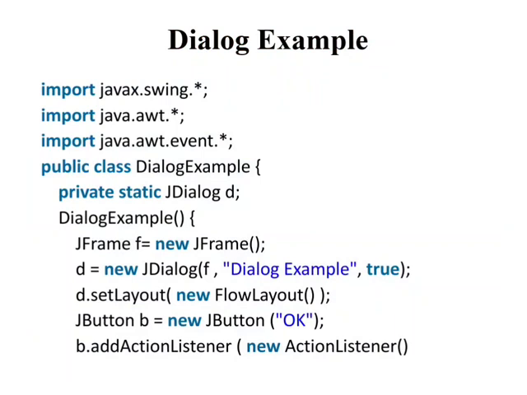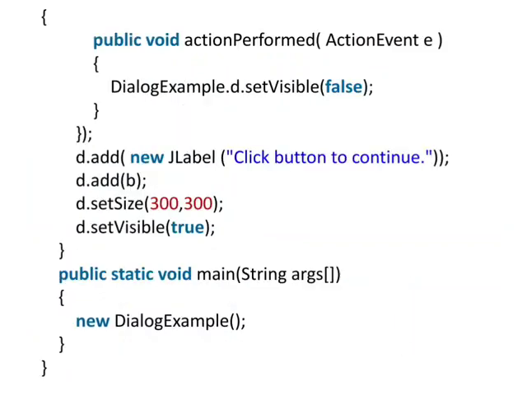Then the next one is the dialog example. Import javax.swing, import java.awt, import java.awt.event. public class DialogExample includes private static JDialog d. DialogExample includes JFrame f equal to new JFrame, d is equal to new JDialog(f, "Dialog Example", true). Then set the layout, that is d.setLayout(new FlowLayout()), then JButton b is equal to new JButton("OK"), b.addActionListener(new ActionListener(), then